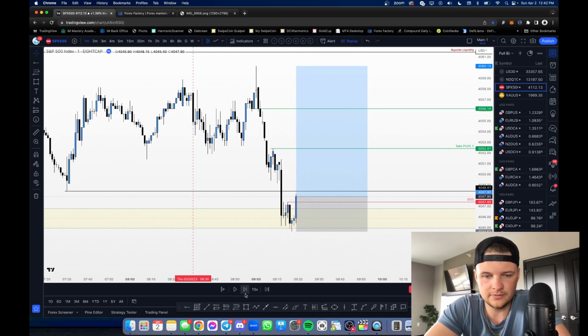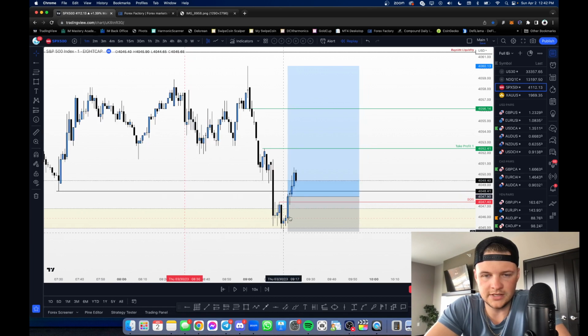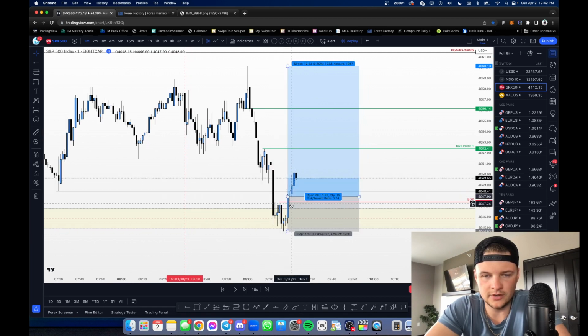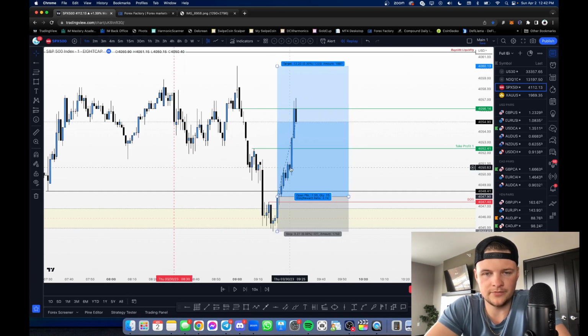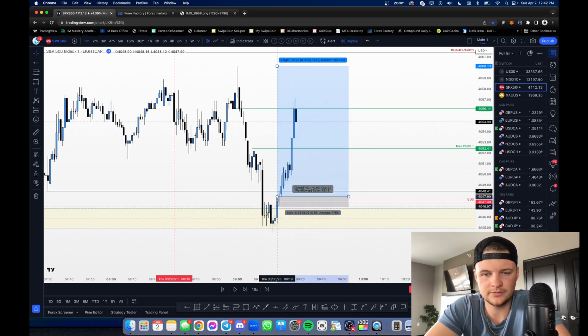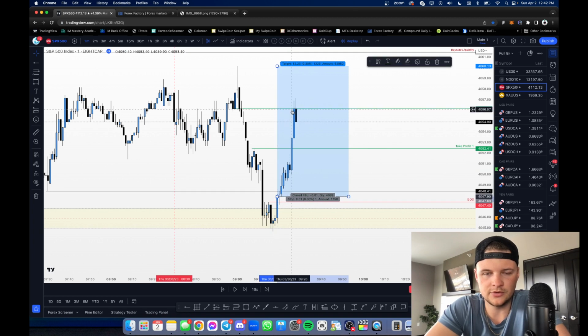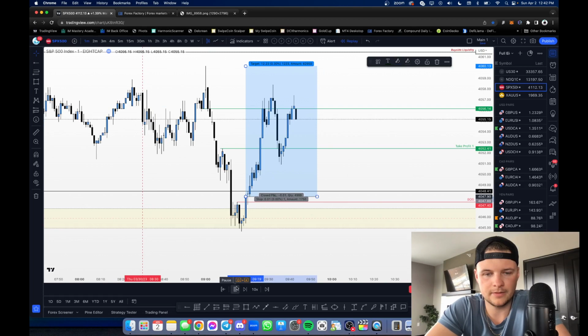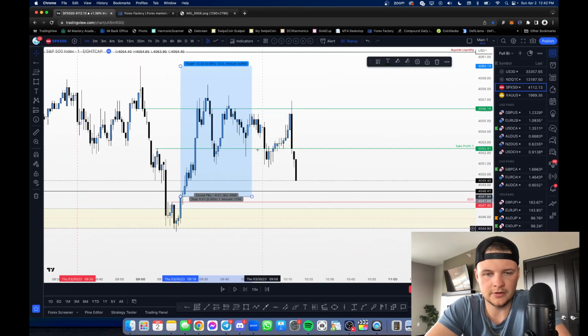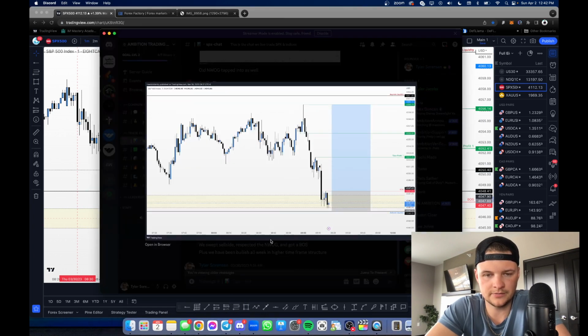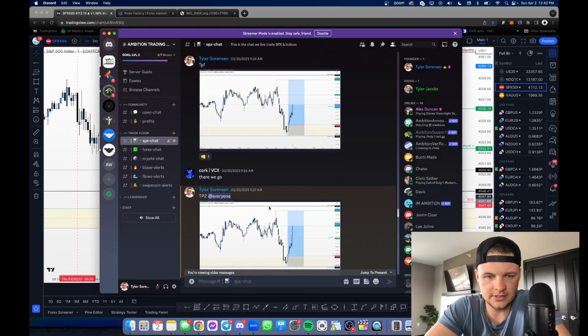But playing this out, price did pull back, tap into the order block if you wanted to get a little bit better of an entry. Not that big of a deal either way. But we hit TP1, remove our risk, take partial profits. TP2 got hit, partial again. And then from this point, we were stopped out right there because we moved our stop loss a little bit into profit right here. I'll show you guys. Trailed our stop loss.